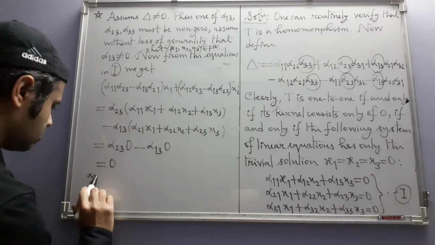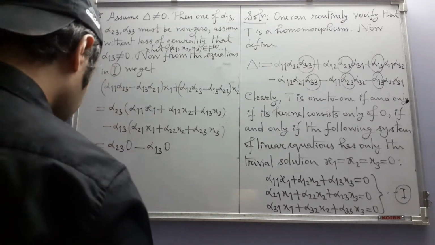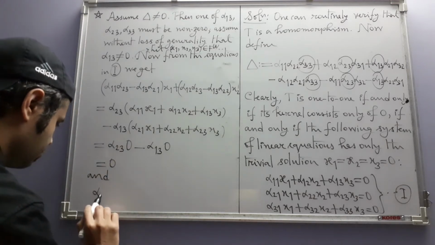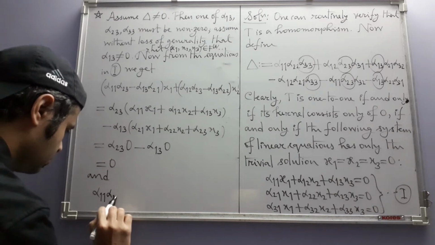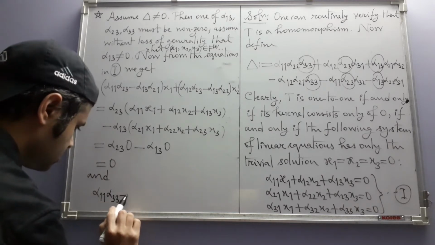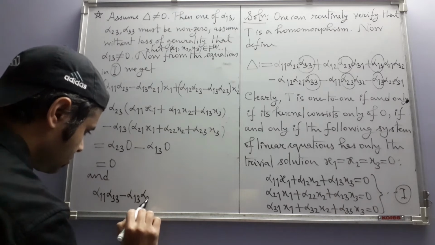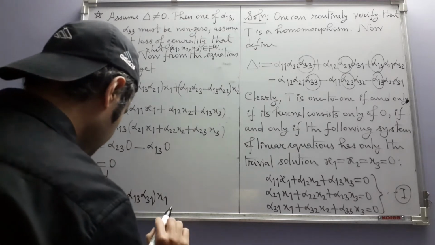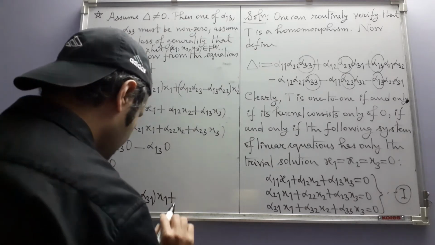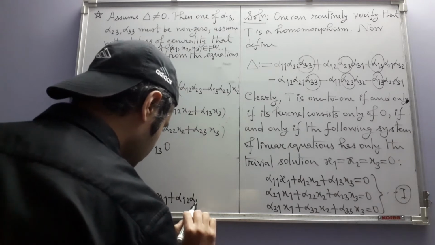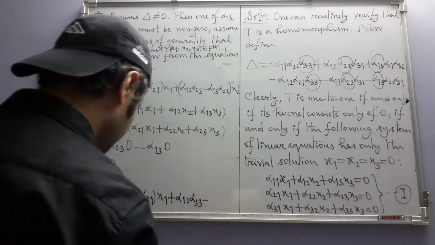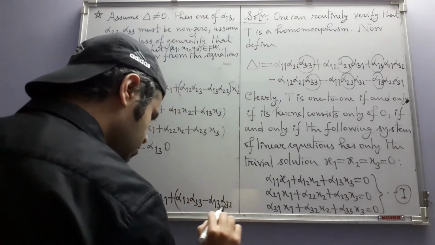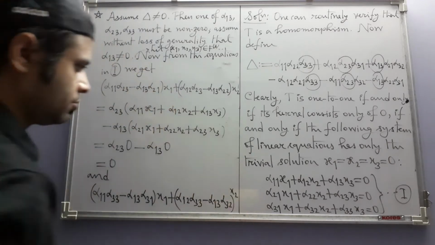and there is another similar one, which is this: alpha 1 1 alpha 3 3 minus alpha 1 3 alpha 3 1 x1 plus alpha 1 2 alpha 3 3 minus alpha 1 3 alpha 3 2 x2 equal to